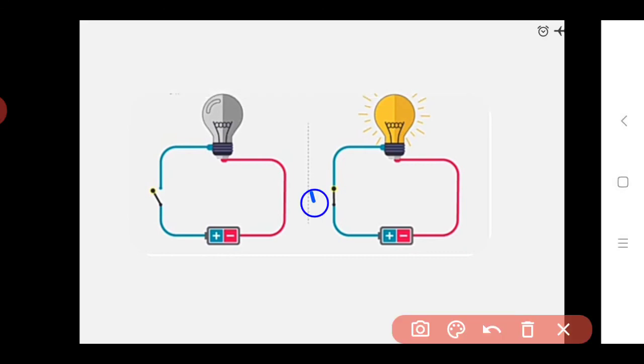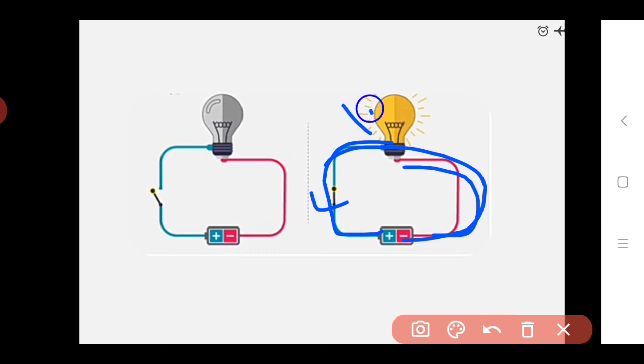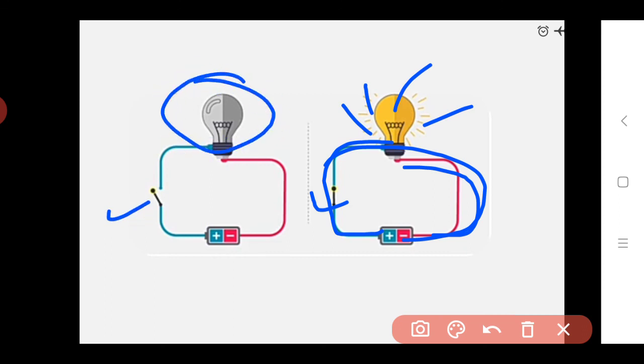Here this is a plug key, this is the on button. When the button is on for this key, then electric current flows from higher potential to the lower potential, and then here what happened? Due to this flow of electric current, this bulb will glow. And in another case, if this plug key is off, the button is off, then the bulb will not glow, it will be ceased. Ceased means it will get switched off.